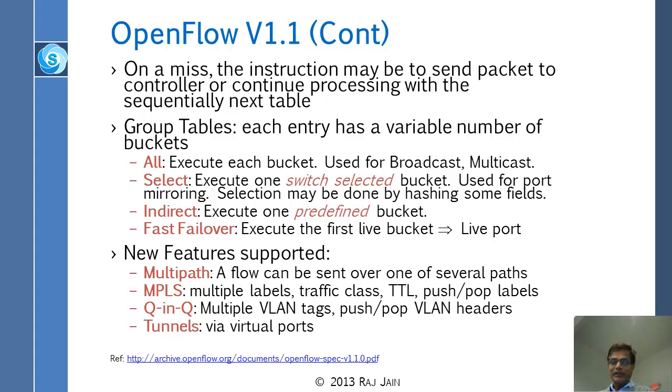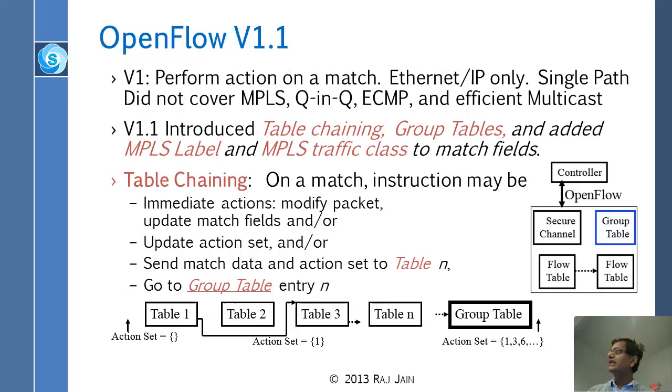Now, here things go. So version 1 and 1.1 are not compatible. So the switches that run 1 cannot run 1.1. Obviously, they have no idea of multiple ports and multiple tables. So that's a little problem in the sense that either people have not moved, so there are lots of version 1 switches, and they are taking time to get to the next version, because this was an incompatible move. That they have table chaining and that they have a group table. Those are the 2 things new.